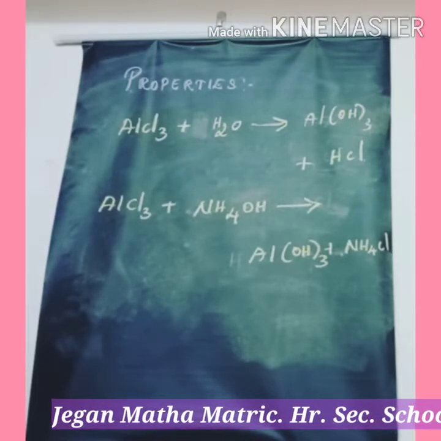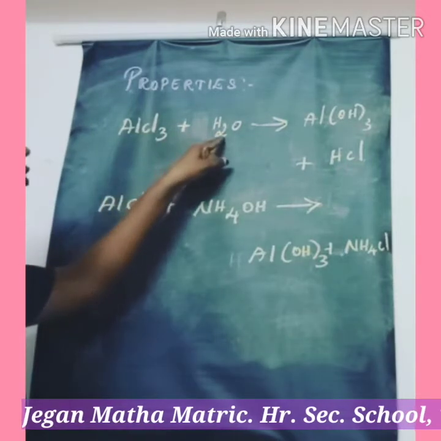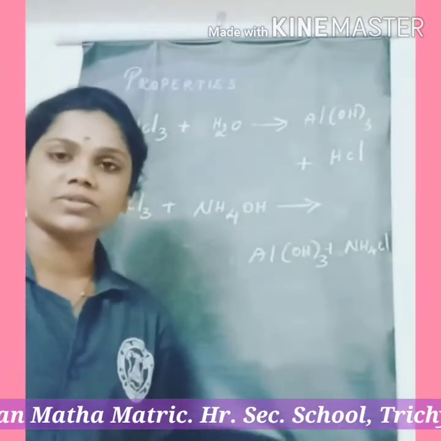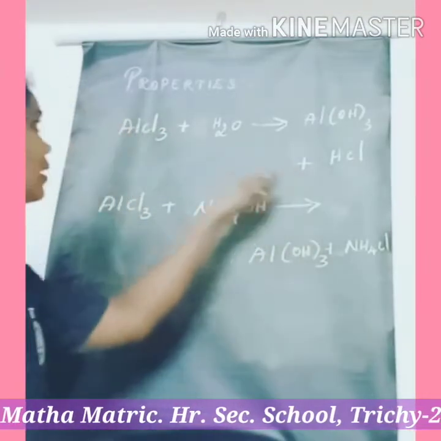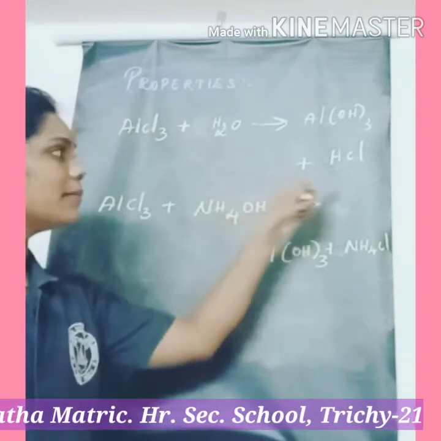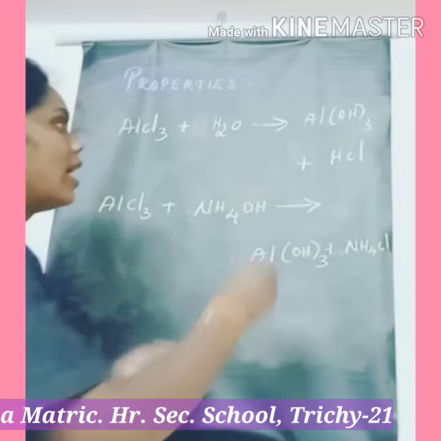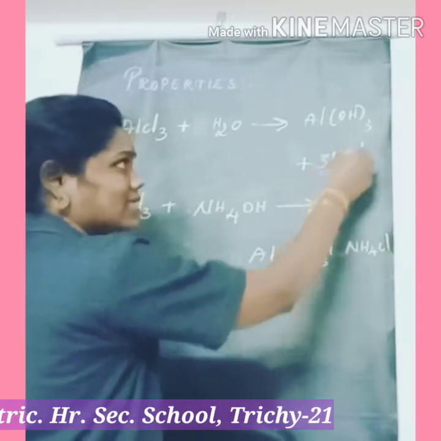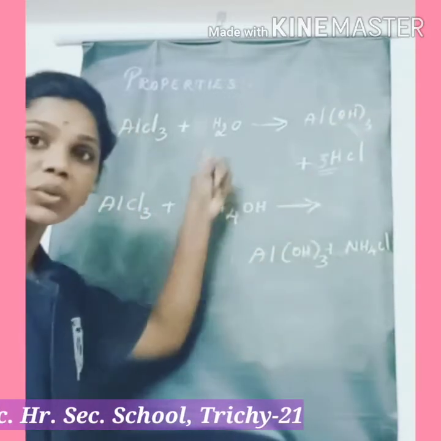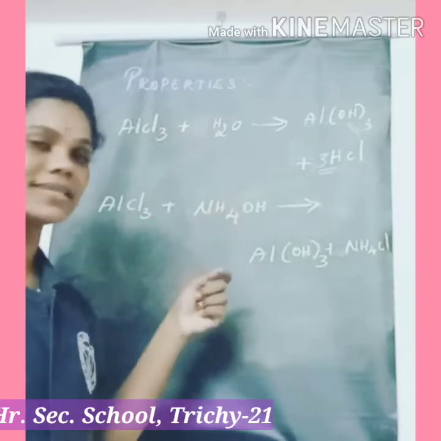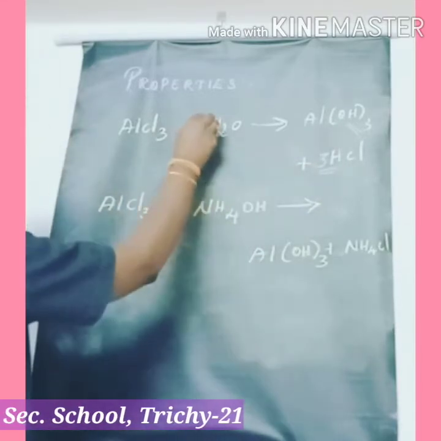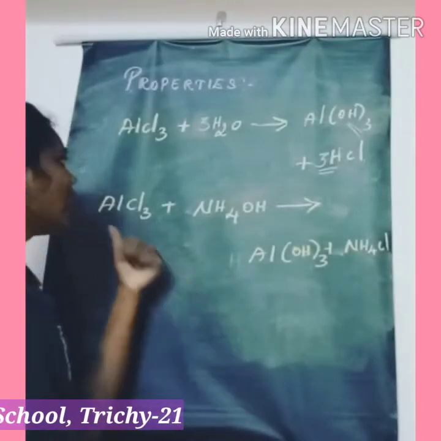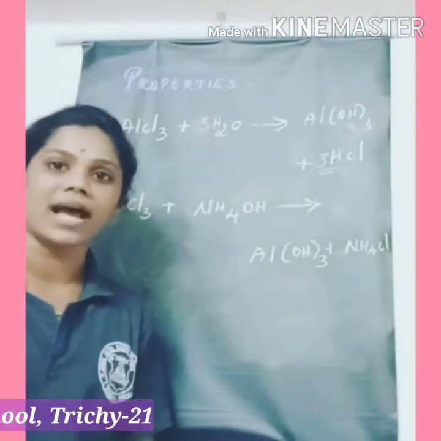Okay, let us see the equation. Aluminium chloride plus H2O gives aluminium hydroxide plus HCl. So this is the unbalanced equation. Now balance this equation. Totally 3 times chlorine is present here, but here only 1 chlorine is present. So I put 3 times chlorine. Now the hydrogen value on the product side is 3 times hydrogen, here also 3 times hydrogen. But only 2 times hydrogen is present on the reactant side. So 3 plus 3, 6. So here 3 times hydrogen. So 3 2s are 6. Now the equation is balanced.